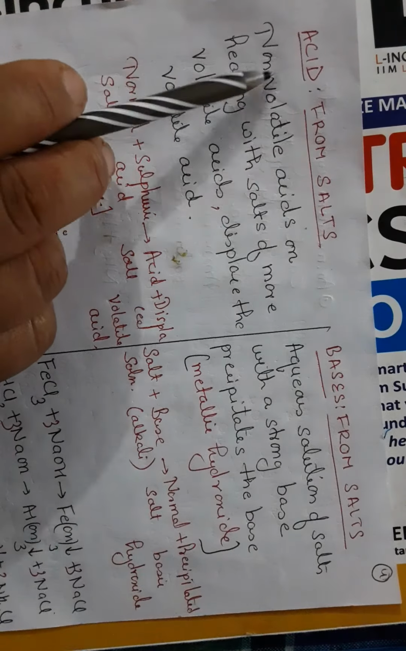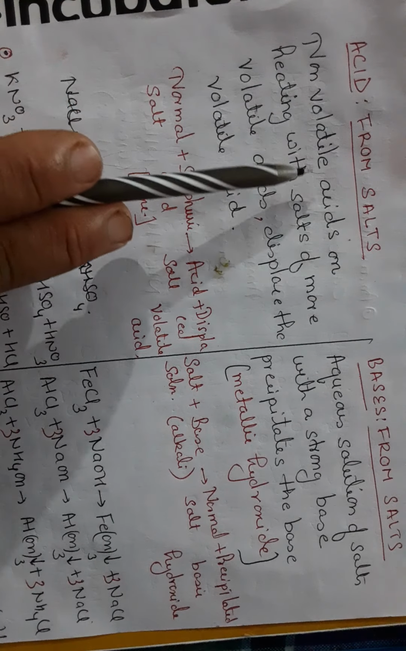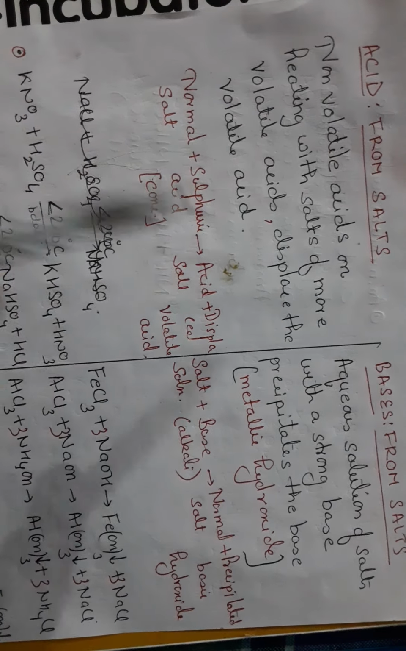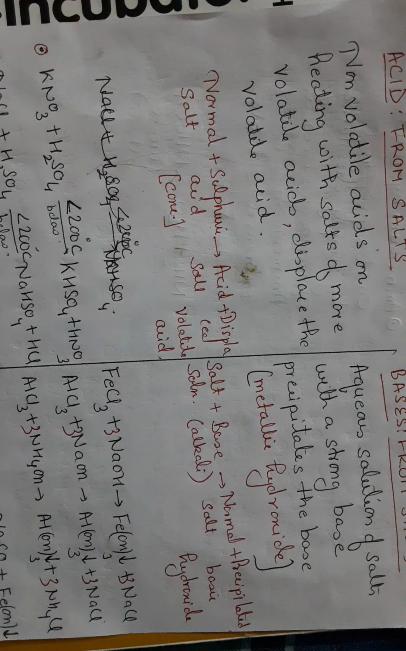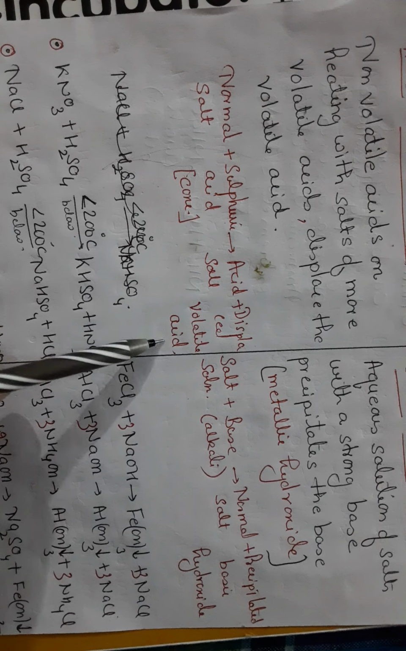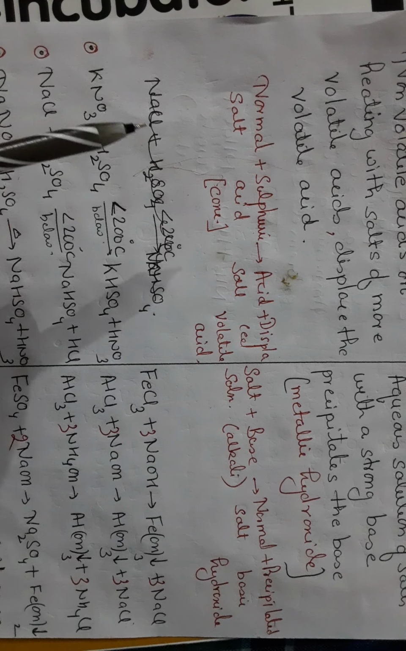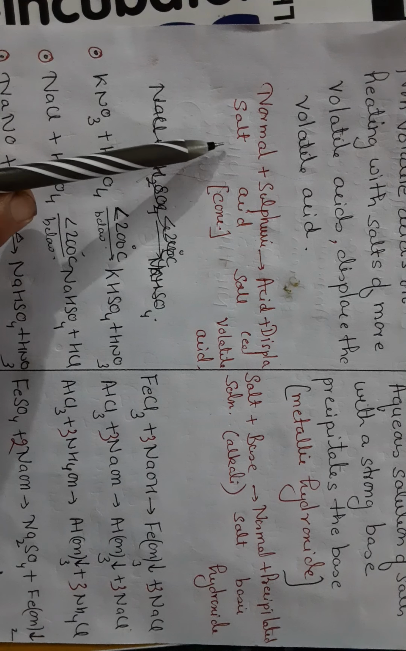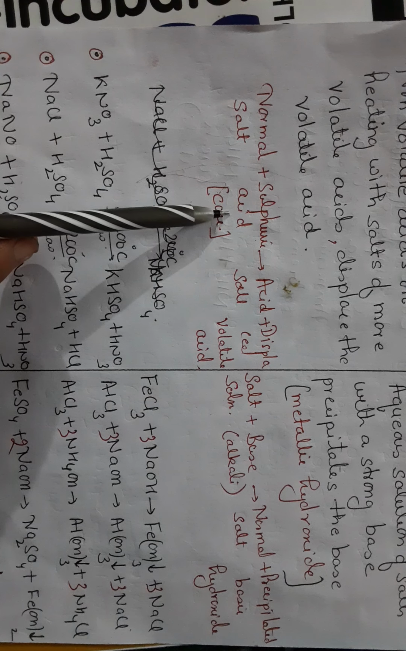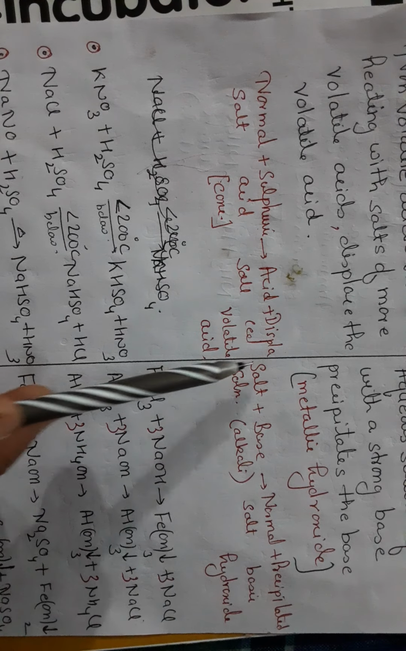Now, preparation of acids from salts. A non-volatile acid on heating with a salt of a more volatile acid displaces the volatile acid. So here the displaced volatile acid is this. Now when the normal salt reacts with concentrated sulfuric acid, it forms acid salt plus displaced volatile